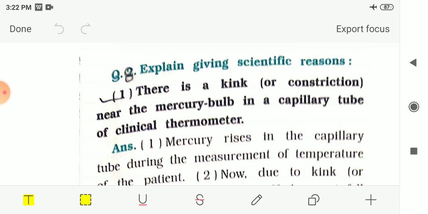Then we had seen poor conductors of heat, or you can say insulators. So the materials which do not allow heat to pass through them easily are called poor conductors of heat or insulators. In the examples we had seen wood, plastic, leather, ebonite, wool, glass, rubber, etc. are poor conductors of heat.